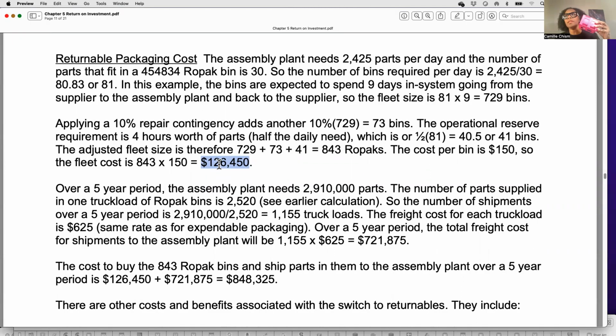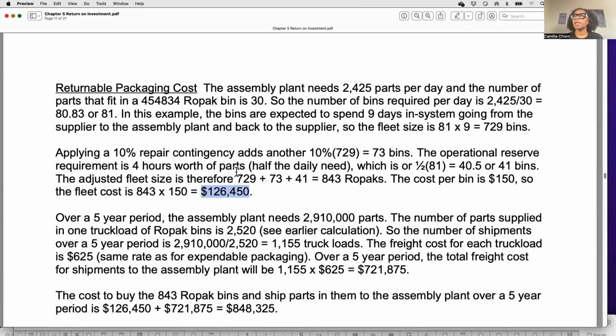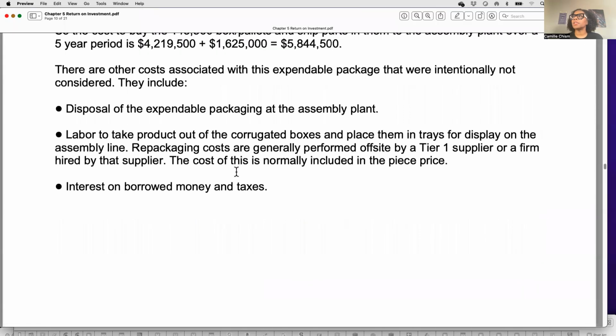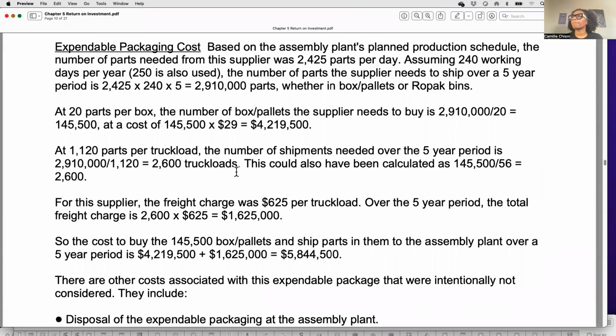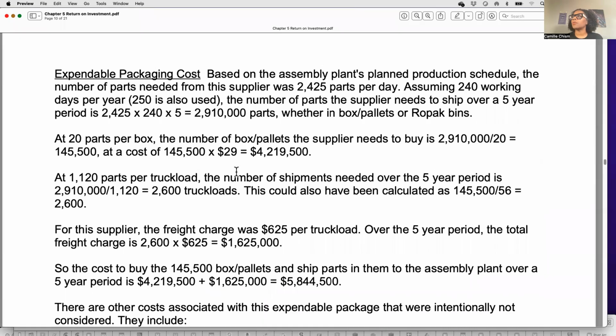But they're saying that over the 5-year period, we need to buy 843 at $150 each. So we're spending the $126,450 for returnables. I'm going to go back to the expendable number and tell you, okay, so